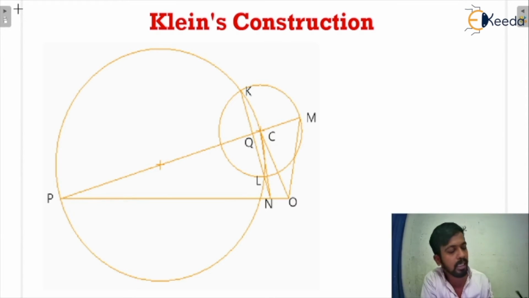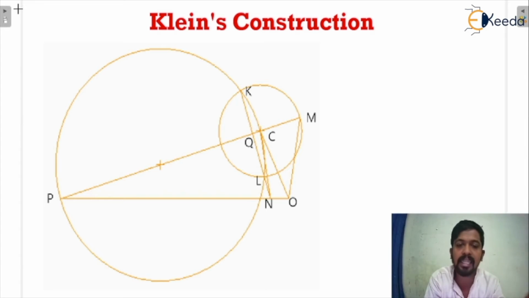We already studied the single slider crank mechanism, that in a single slider crank mechanism there is only one sliding pair and the remaining three are turning pairs. So in the single slider crank mechanism, if you want to find out the acceleration, I'm not talking about angular acceleration, I'm just talking about the acceleration, you just have to use the Klein's construction and you will get the acceleration. Okay, so we will see what the diagram is and how it should be drawn.